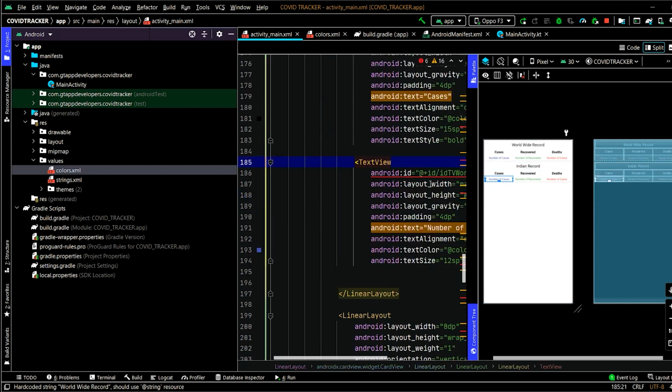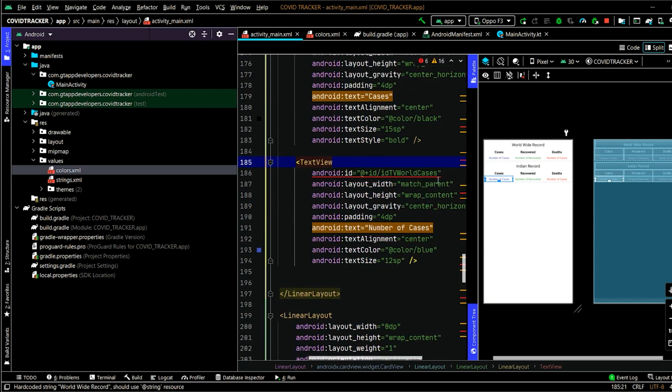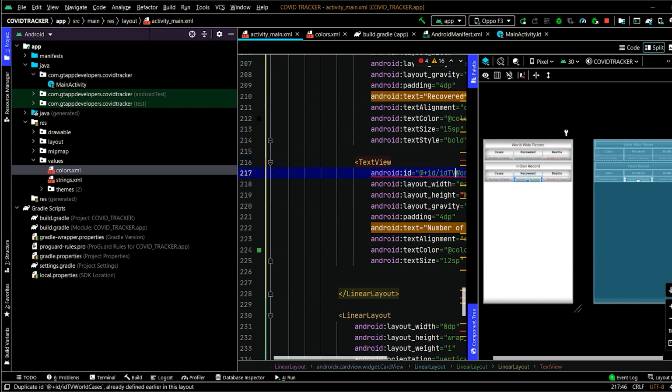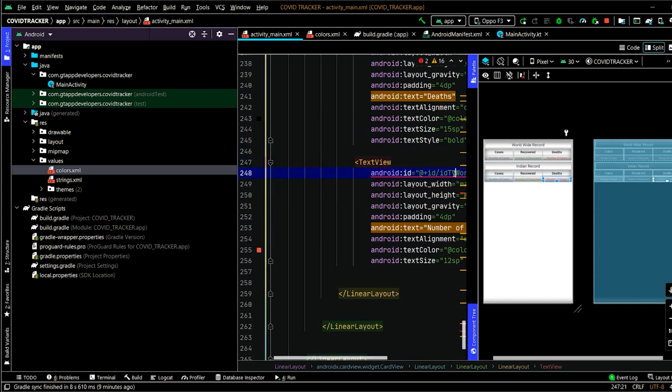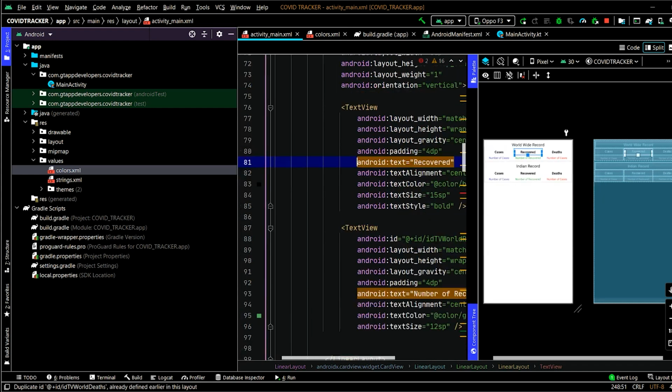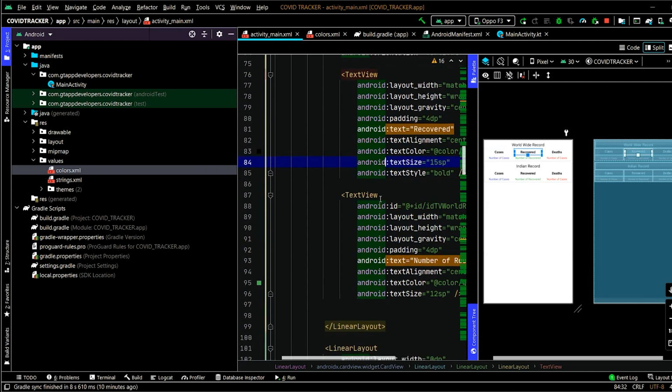Now inside this, we have to simply change the ID for all three. So for changing this, instead of world, we will simply change here as India. Then for recovered also, we will change as India.